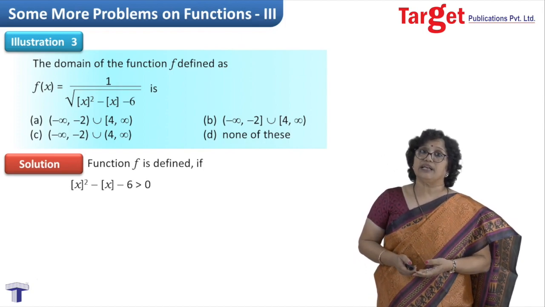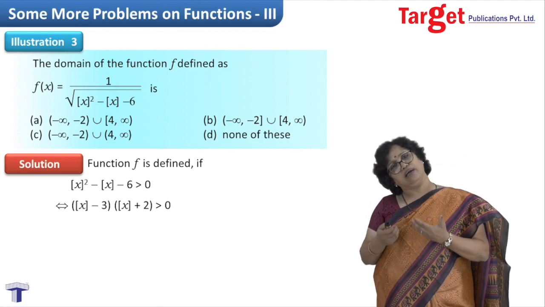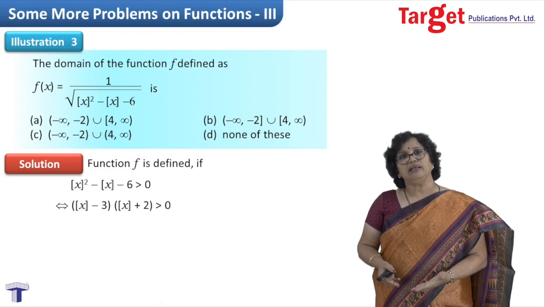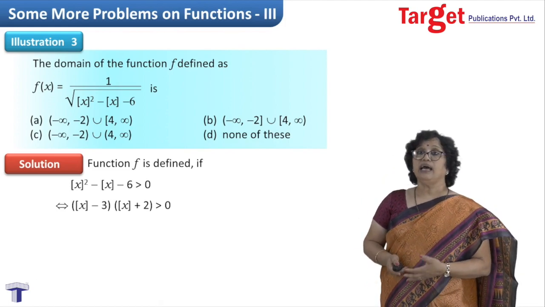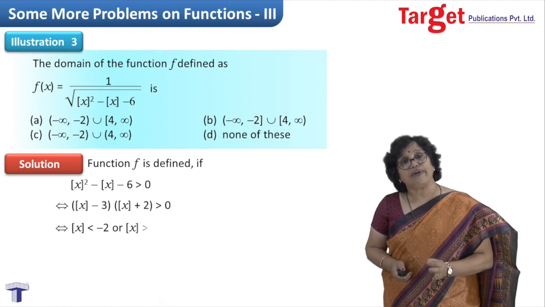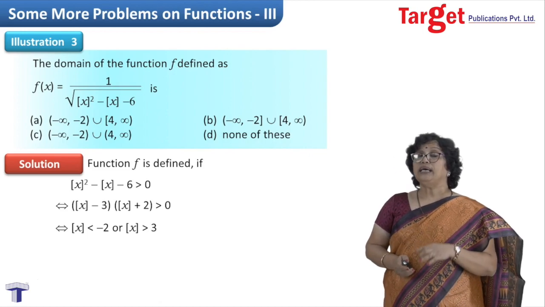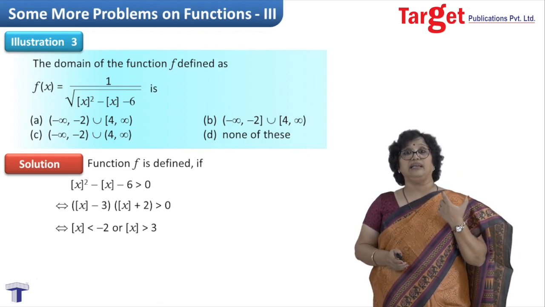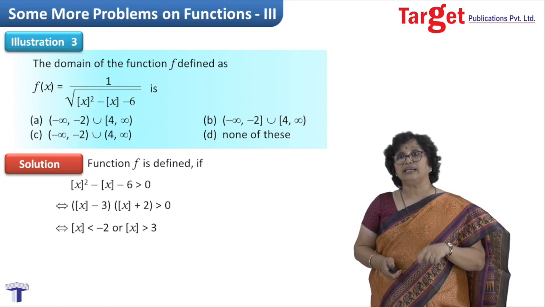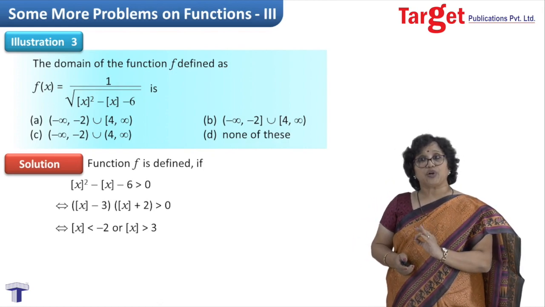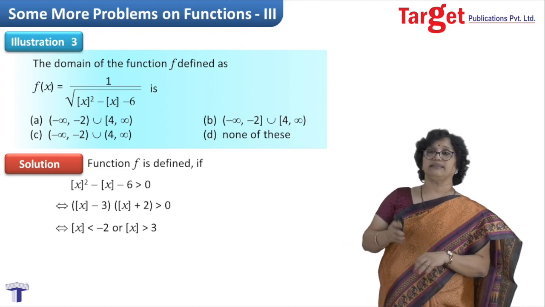So that greatest integer of x, if you wish, you can name it as t like before, or if you are comfortable continuing with the greatest integer of x notation, then continue, factorize it, and you will get greatest integer of x minus 3 into greatest integer of x plus 2 greater than 0. This is nothing but your rational inequation again. And from there, the information we have gathered, I write that greatest integer of x is less than minus 2 or greatest integer of x is greater than 3.